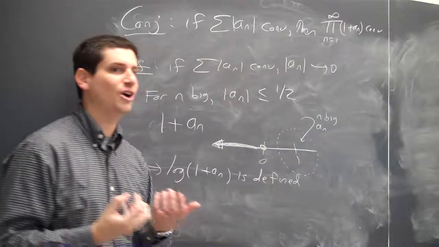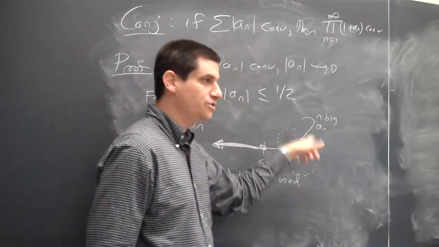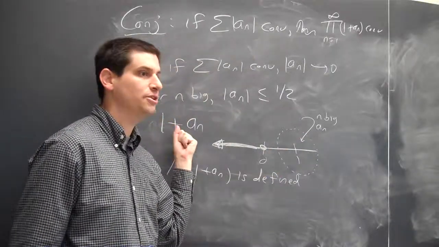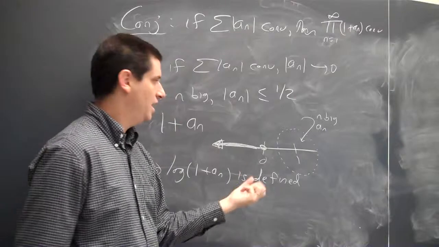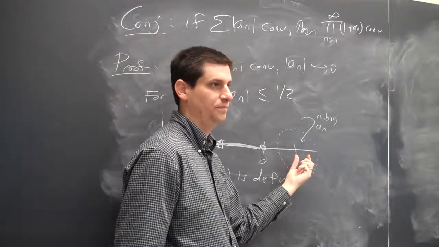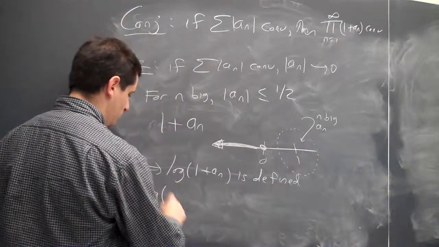Right? I want to use logarithms, I've got to make sure the logarithm is defined. If an was too large, I could be going all over the complex plane. I need to be able to cut off a slit in the complex plane. That's why I need anything less than 1. Okay? So now the logarithm is defined, and we actually know, and this is why I was happy to talk